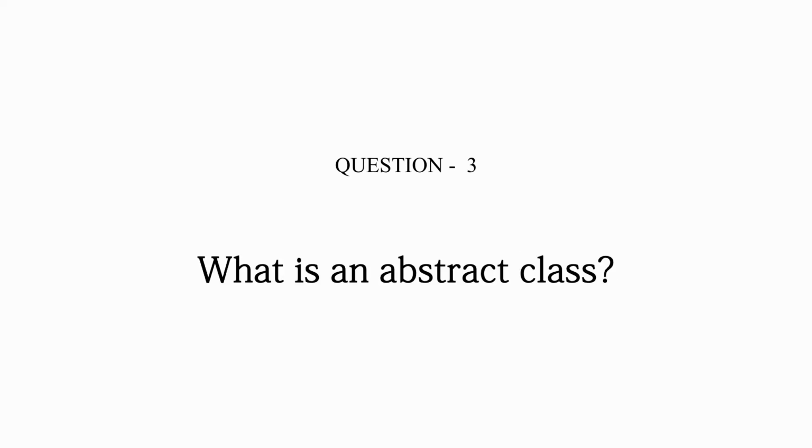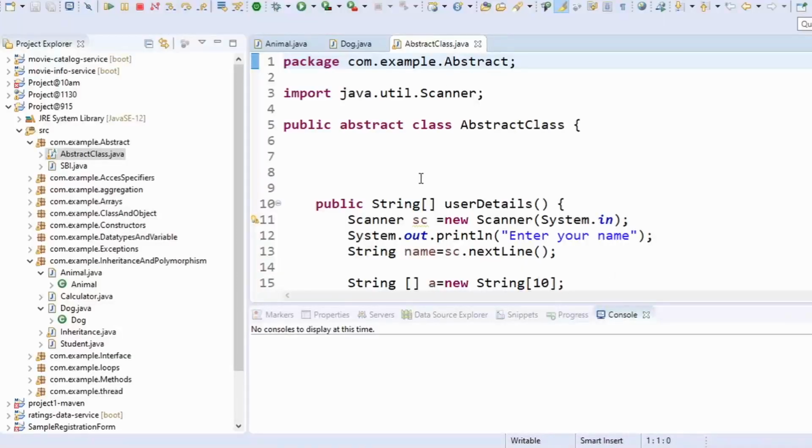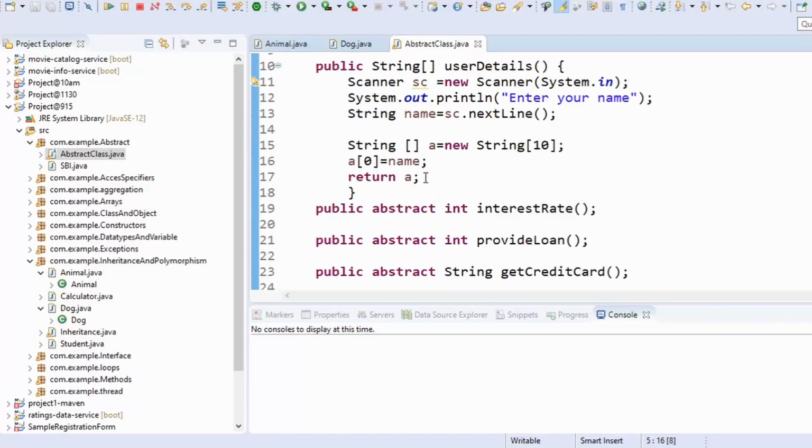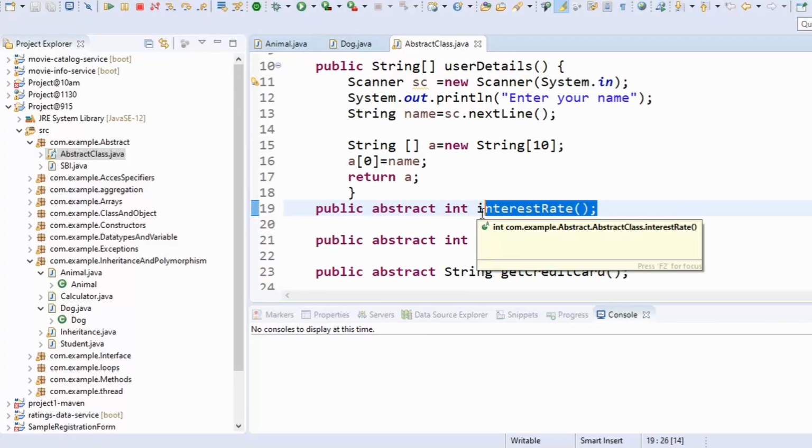The next question is, what is an abstract class? In Java, an abstract class is a class which cannot be instantiated. That is what abstract classes are. If you see this example here, we have this abstract class. The name itself I have given as abstract class only. You always have to write the keyword abstract as soon as you are creating any abstract class. The good part about an abstract class is that you can have methods which are only declared, so you don't always need to write down the implementation.